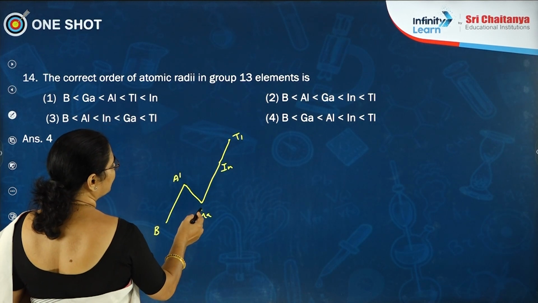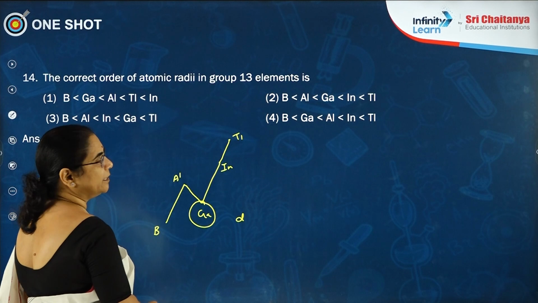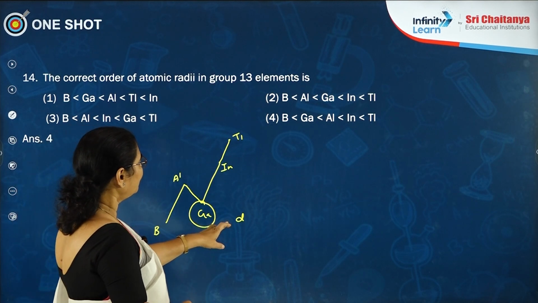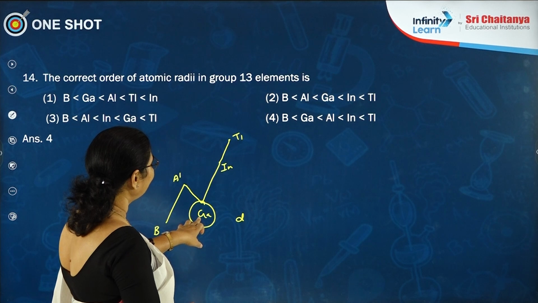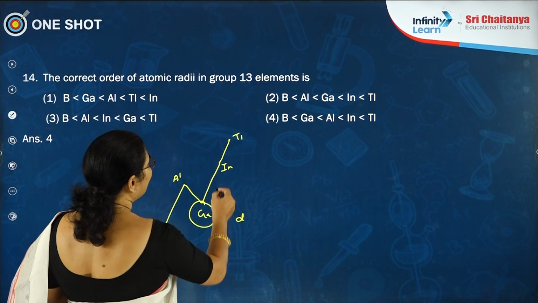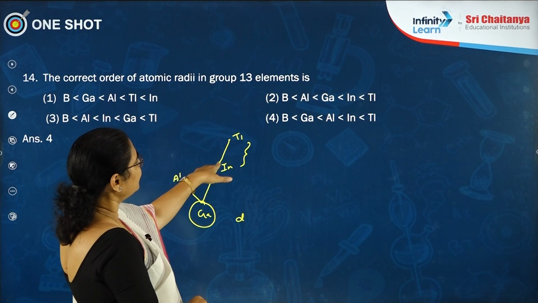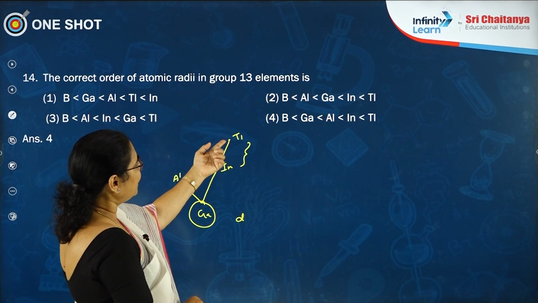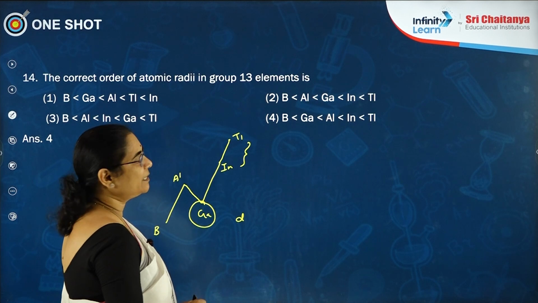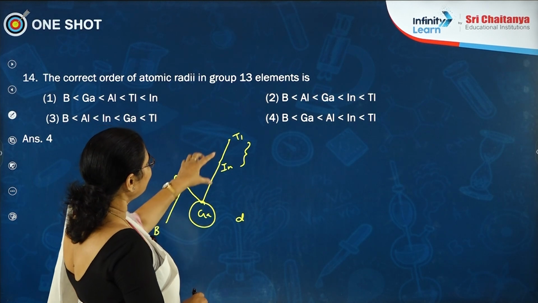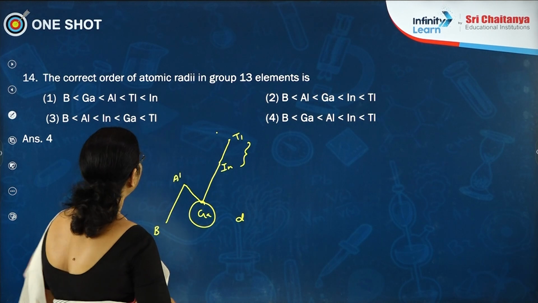Why is it so? Because in gallium electrons are entering the 3d subshell for the first time. These d electrons cannot provide proper shielding, because of poor shielding effect its size is less. Again from indium to thallium the expected increase in size is not observed, because f electrons are entering for the first time, that is why the size difference is less between these two. Next,